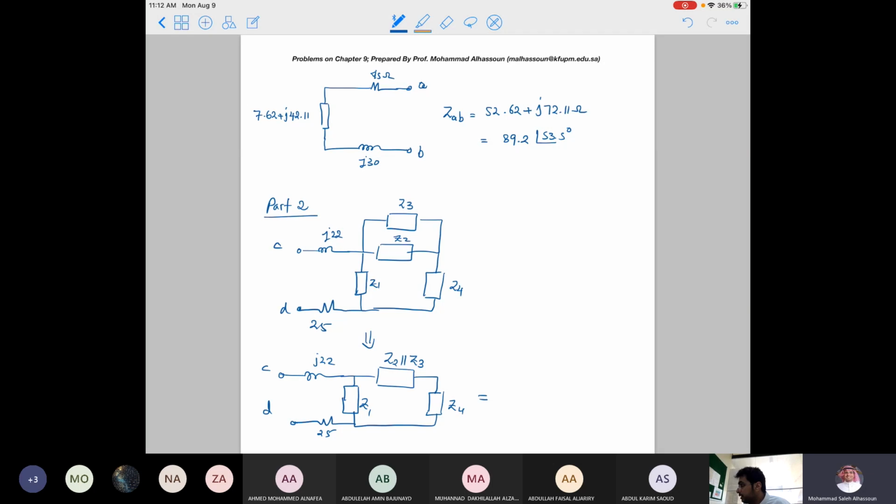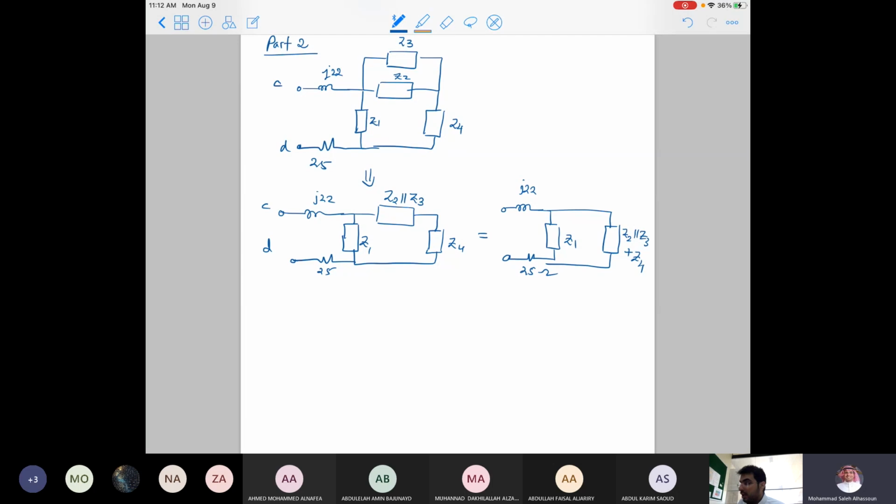And finally, what I will get here is this impedance: Z2 in parallel with Z3 plus Z4. Okay, so